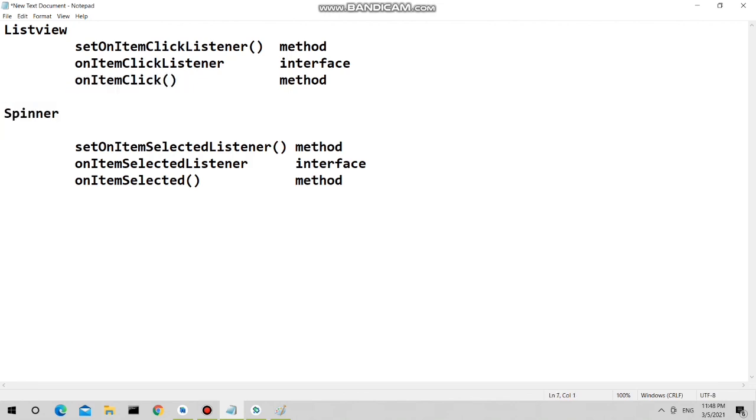And in case of spinner, set on item selected listener method is used to set on item selected listener, and whenever the item of spinner is selected, then on item selected method will get called, and there is one more method, that is on nothing selected. This method gets called whenever nothing is selected from the spinner items.